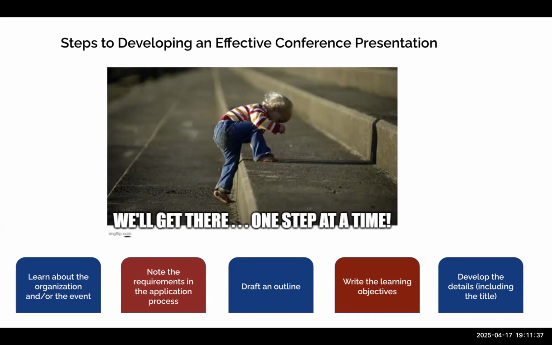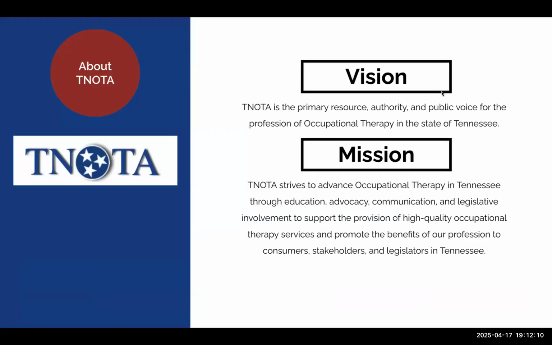And then last but not least, of course, is developing the details. And with that also can come the title. Sometimes people get really caught up in thinking that the title needs to be first because it's the first thing you see when you open your slide deck when you are presenting, but it really isn't usually what you need to put on paper or on a slide first. Get the content, get the learning objectives, and then the content, and then you can come up with a title. And I'll talk more about that and some tips for doing that in just a minute.